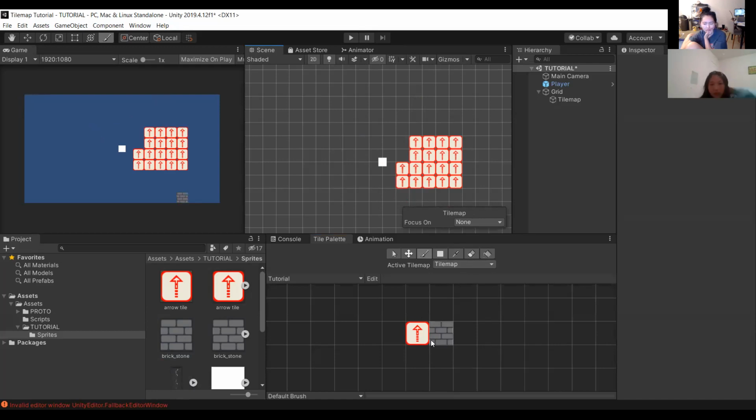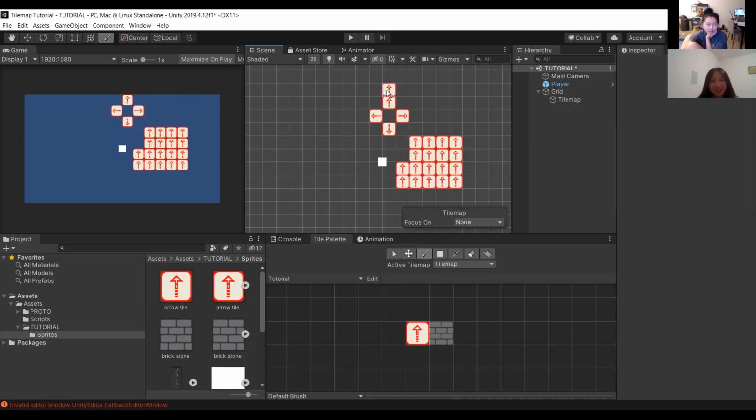So let's say you have this arrow and you think, I drew an up arrow, but I want it facing left, right, or down. You don't have to draw seven billion different arrows. All you have to do is use the bracket keys. Press the right one to rotate to the right, press the left one to rotate to the left. Wow, I did not know that. Can you repeat that? I didn't hear it. Yeah, of course.